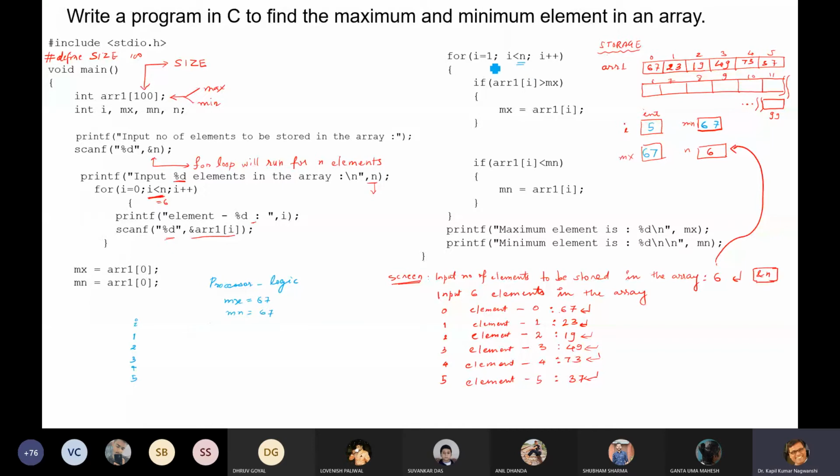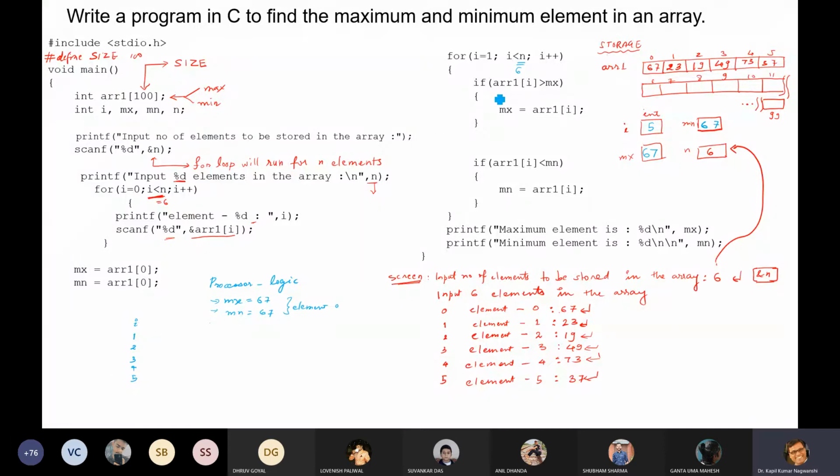Why are we not starting from 0? Because element 0 is already there, and there is no meaning in comparing the number with itself. So this is our 6. So we will run the loop up to 5.